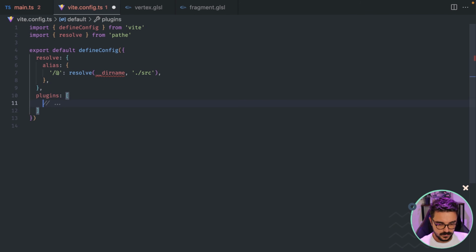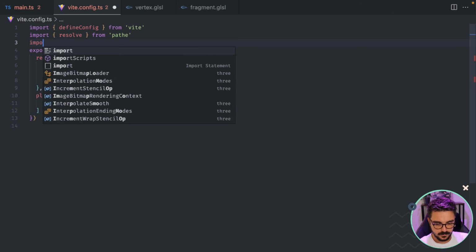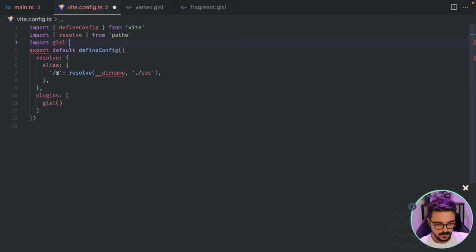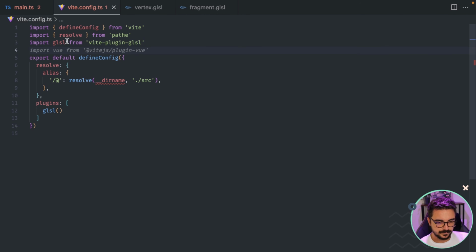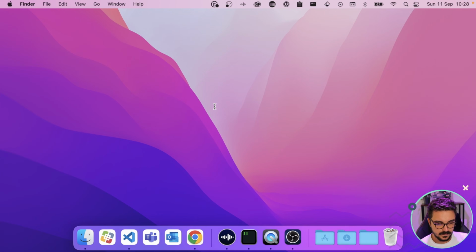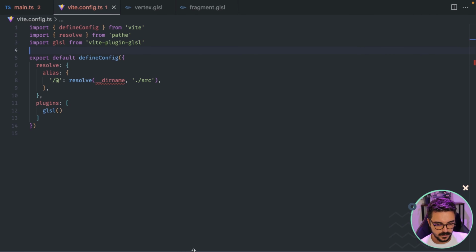So this plugin is gonna be glsl like this, and we can import that from vite-plugin-glsl. So let's save it and let's see if it works.